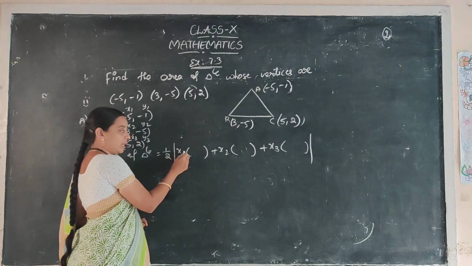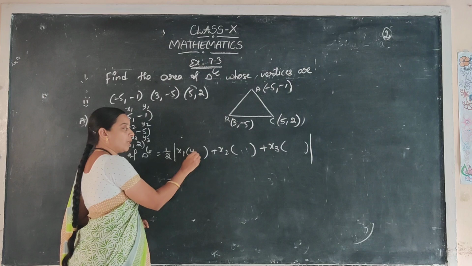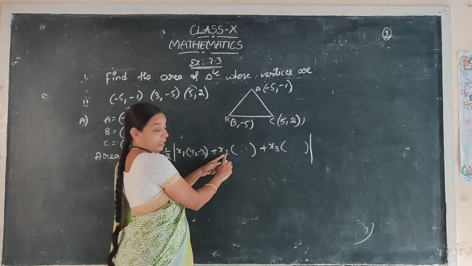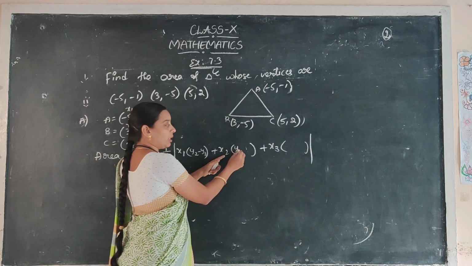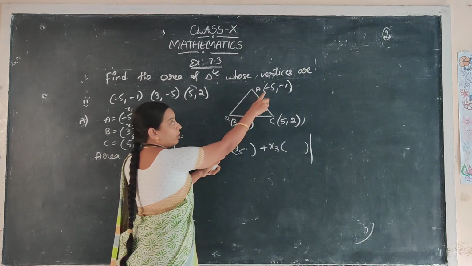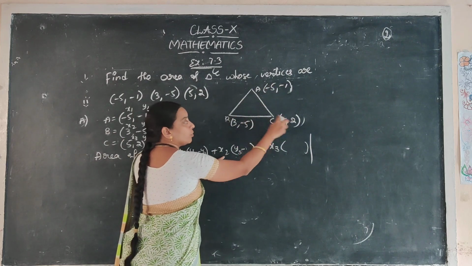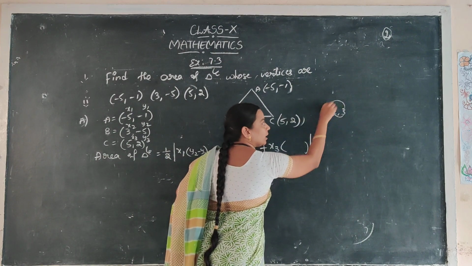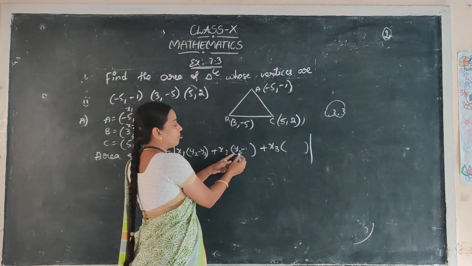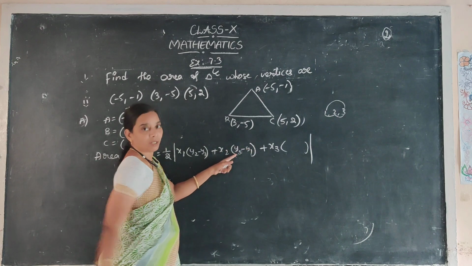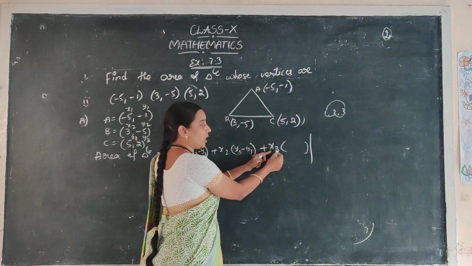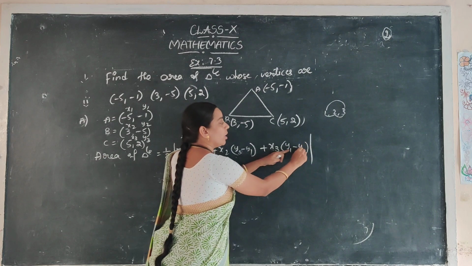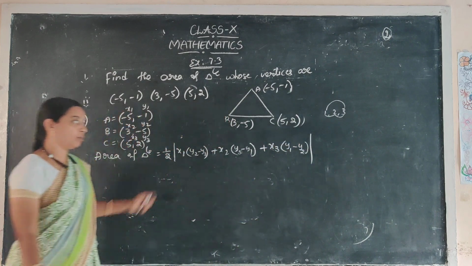Inside the brackets, for x1 the term ends with y2 minus y3, because 2 comes after 1 and 3 comes after 2. Only three coordinates: x1, y1, y2, y3. Suppose 1, 2, 3 means 1 after 2, 2 after 3, again 3 after 1. In the same way, for x2 it is y3 after 1, y1. Next, the third vertex is x3. Inside it only y coordinates: y1 minus y2. Like this they have to remember.